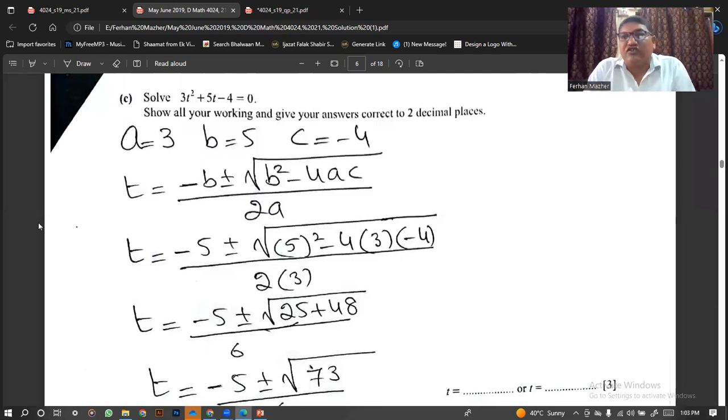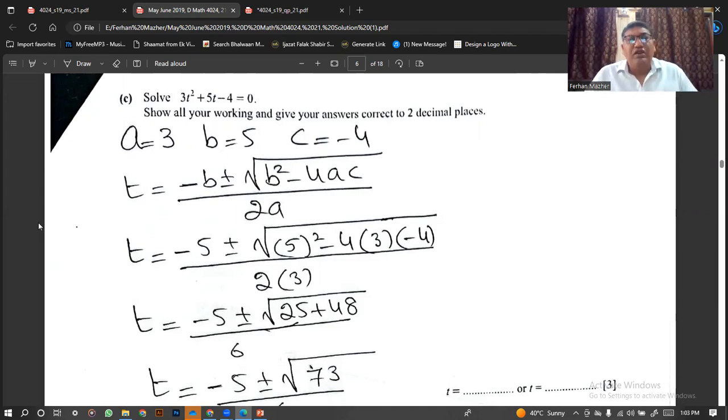Minus b plus minus square root. Under the radical we will write b square minus 4ac, and the whole thing divided by 2a. Here the a is 3, the b is 5, and the c is minus 4. So apply that formula, just substitute the values. So the t will be equal to minus 5 plus minus square root. Under the radical we have 5 square minus 4 into 3 into minus 4, and the whole thing divided by